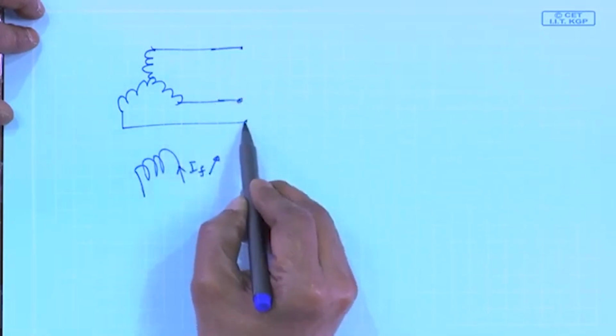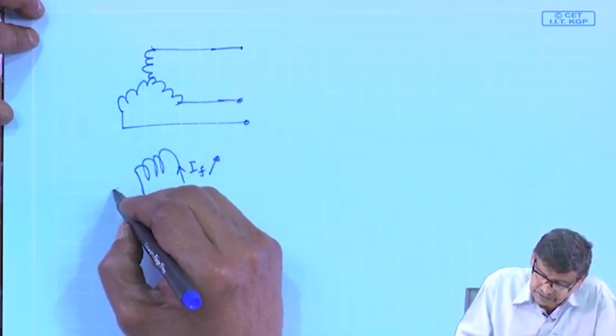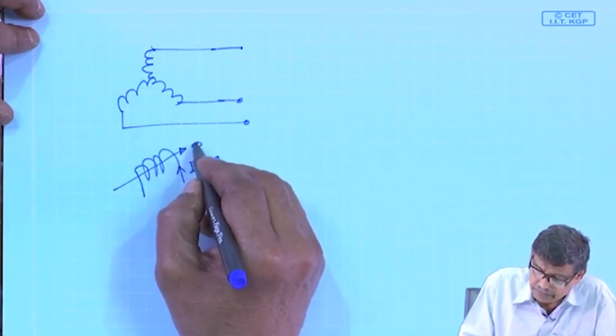The conclusion of the last lecture is that there is as if some flux per pole present,